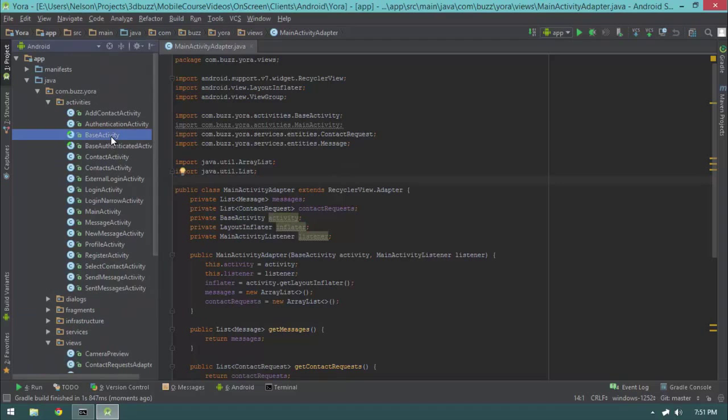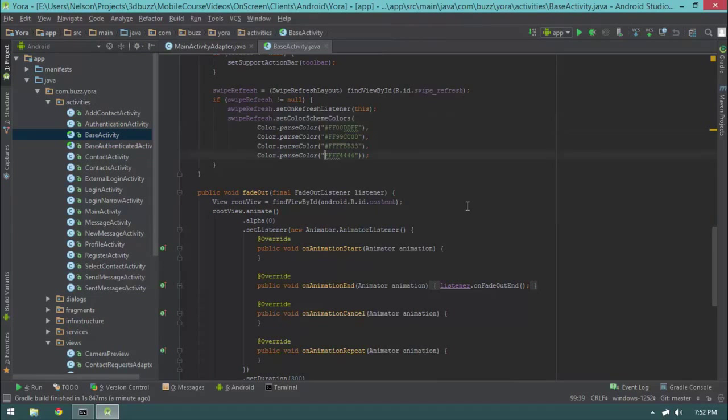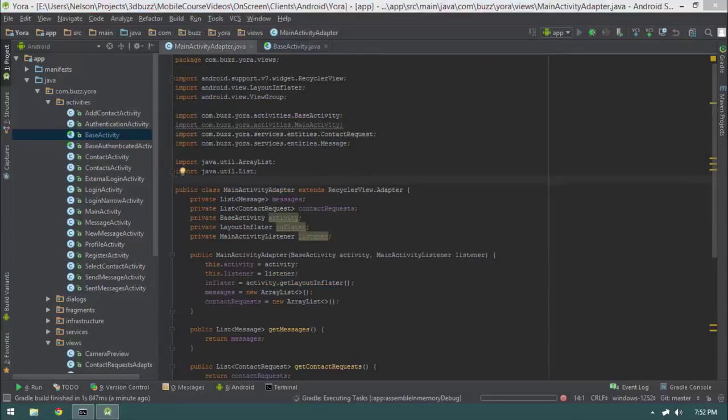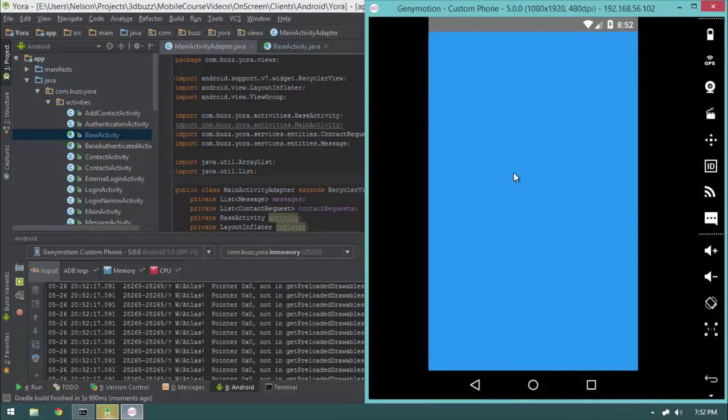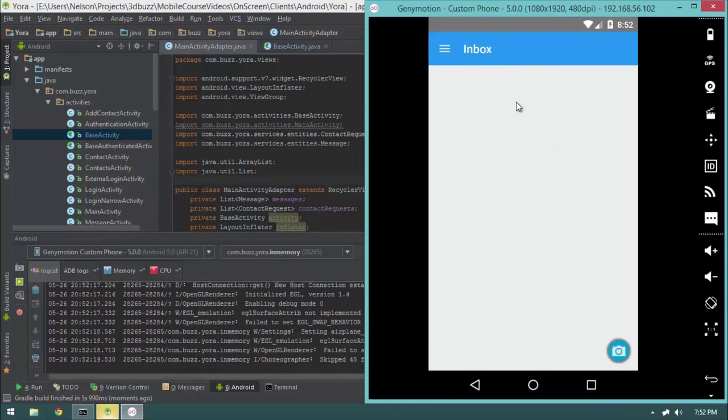The problem is in my base activity. You guys actually probably already noticed this, so you guys are probably good. For me though, I have to make sure that I go ahead and add that in. And then just to be on the safe side, I'm going to hit play. I can also show you what it looks like so far, and how the swipe refresh looks. So watch how I can pull down, and then we see it pulls down, it sits there, and it goes